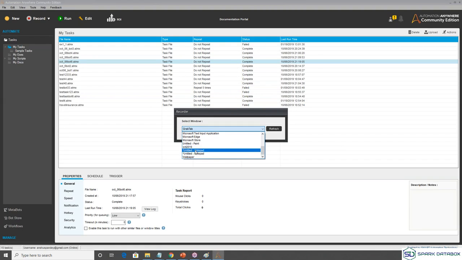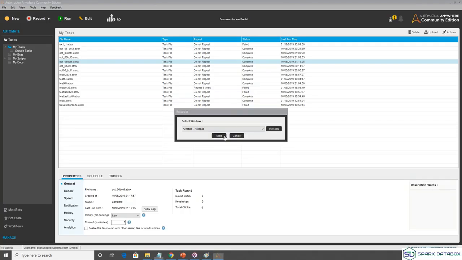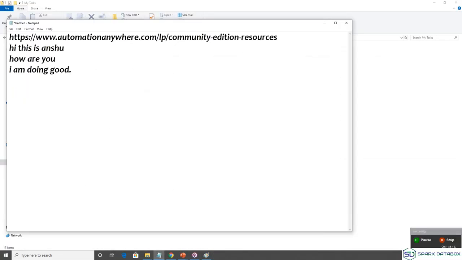Which is my open Notepad. I'm going to select that and say Start. It will start recording only in that Notepad. So here I might want to type out some stuff. So I can say that,